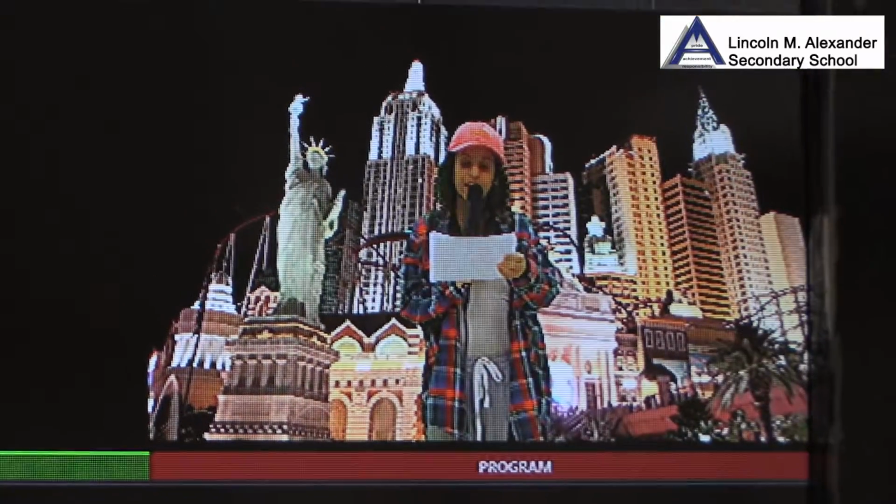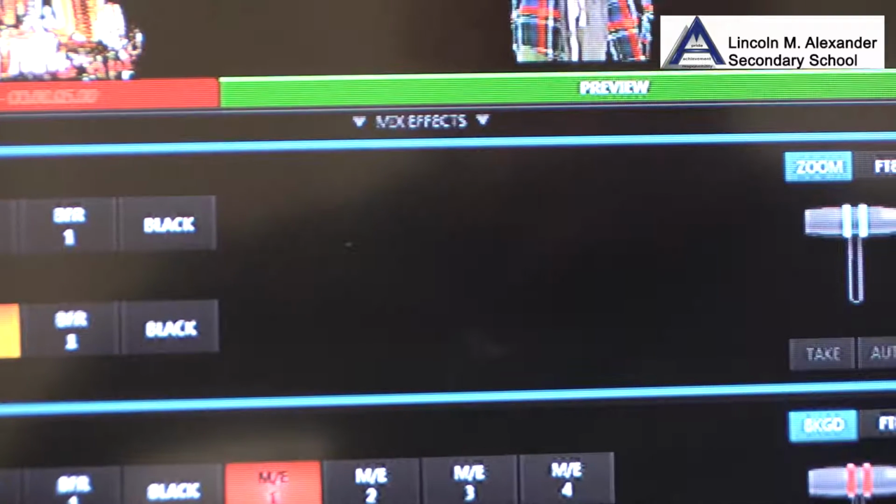So that's called chroma key. Again, you go to the mix effects. You decide on which ME you want to work on based on the camera number, source number. You have whatever's going to be cut out on top, whatever's going to be